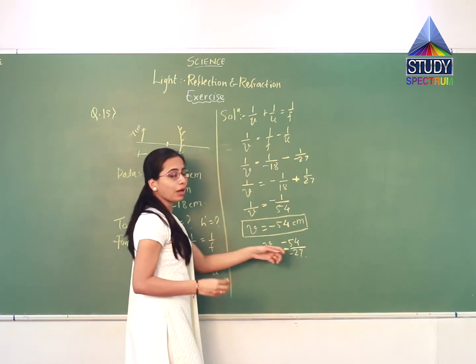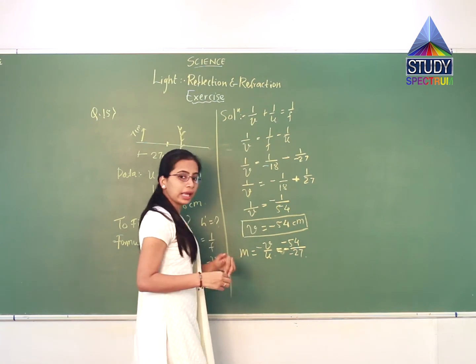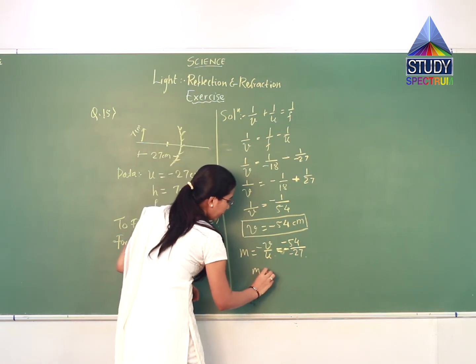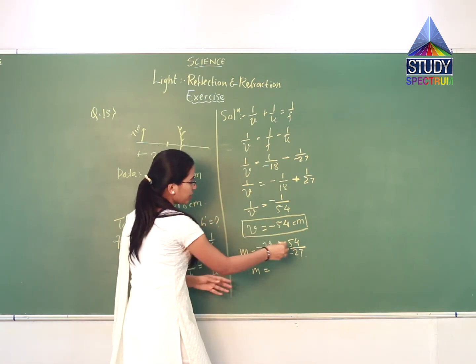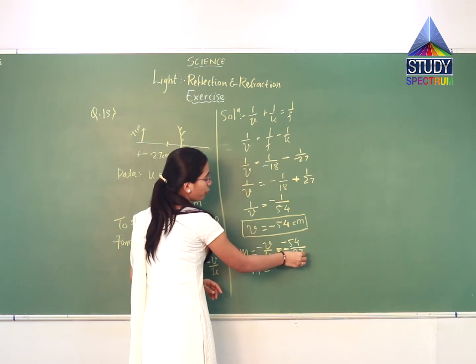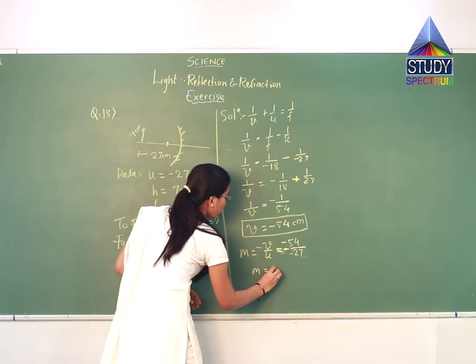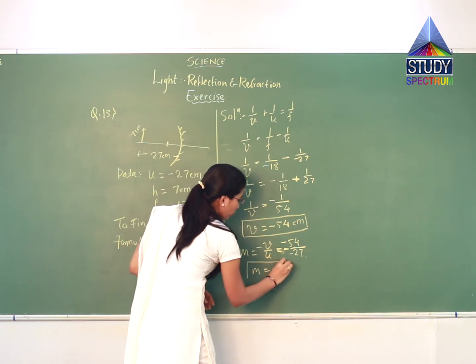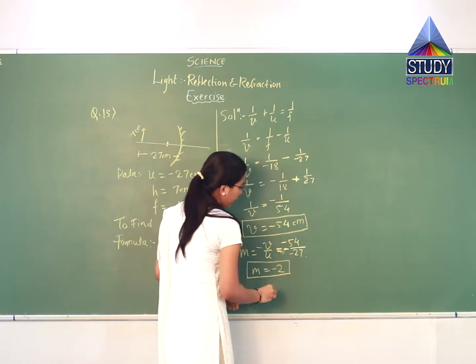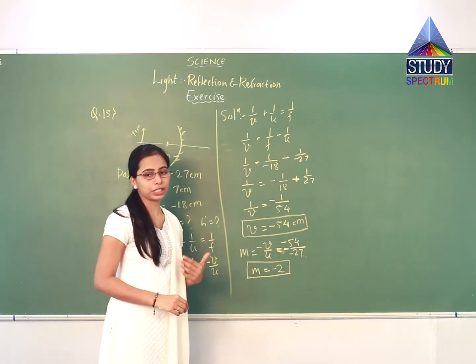So you can see we have 3 minus signs. So 2 will cancel and you will get after dividing, it is very simple, 27 ones are 27, 27 twos are 54. So your answer is minus 2. Now you can see the magnification we got has negative value.